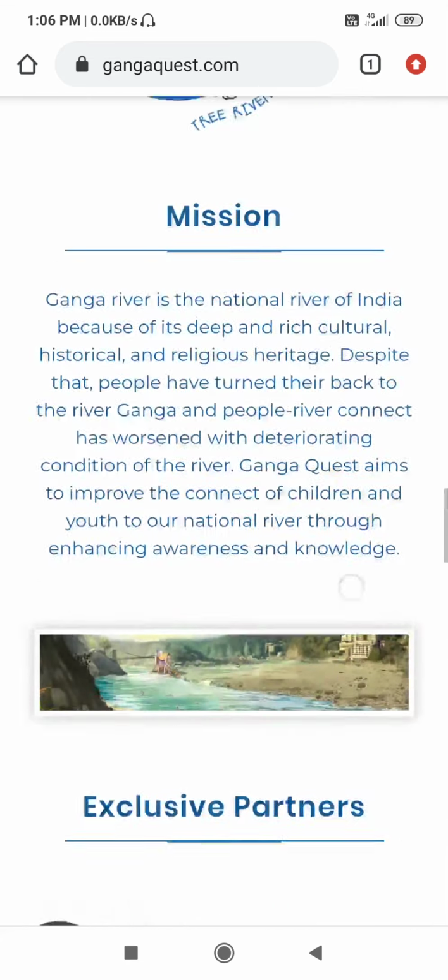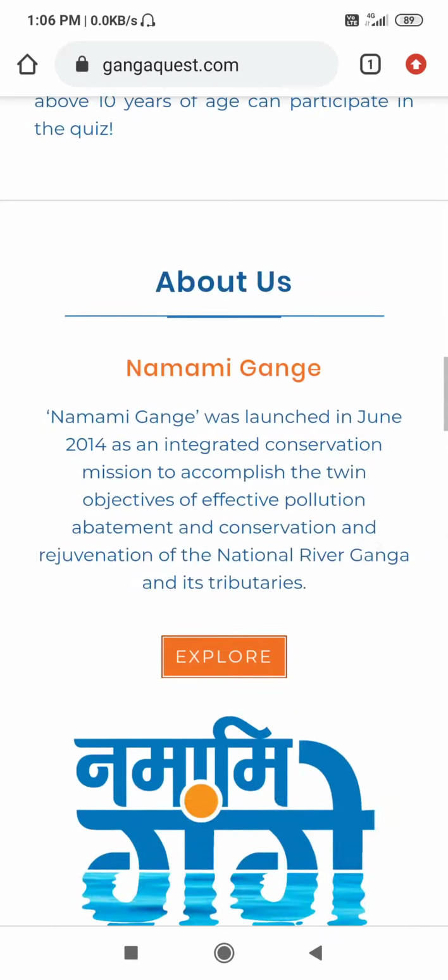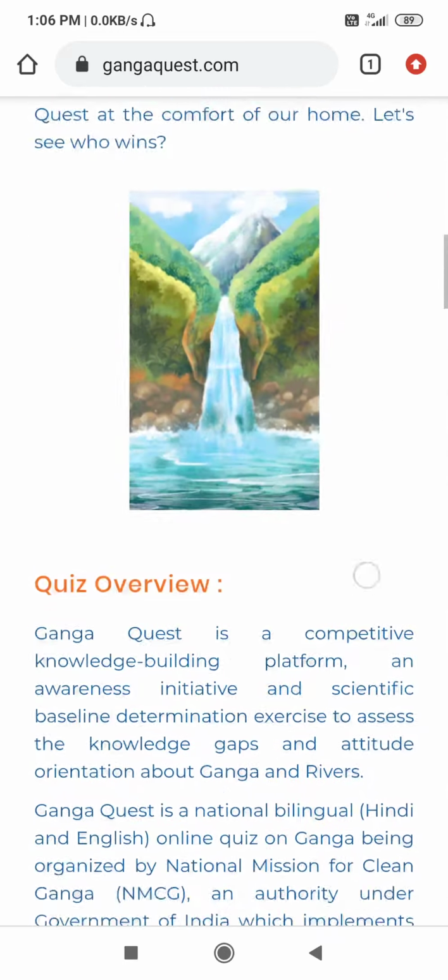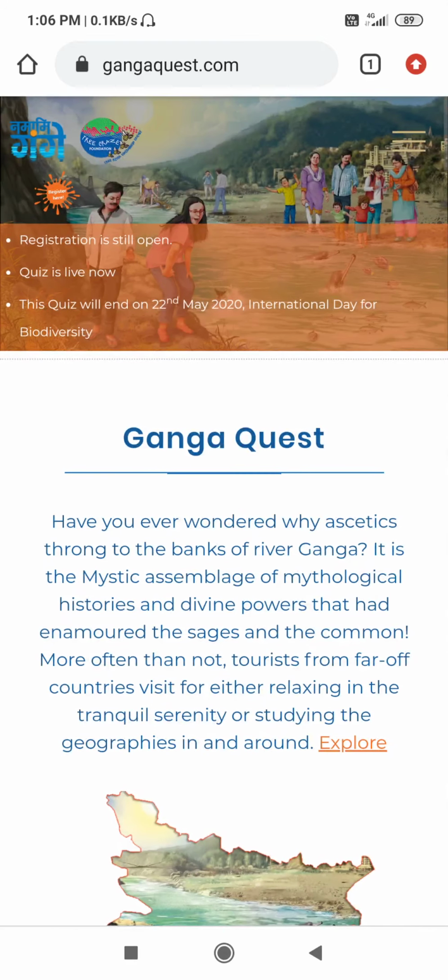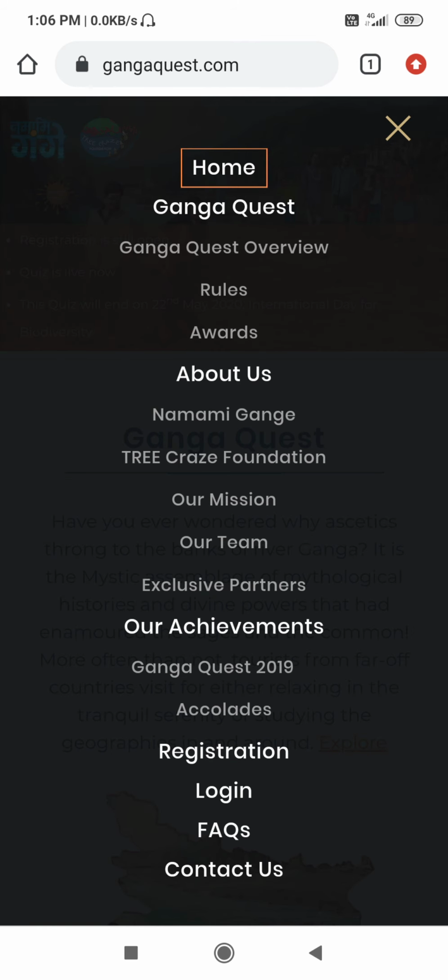Then you come to the topmost right corner and see three yellow lines. Click on those three lines. Then another screen will appear.